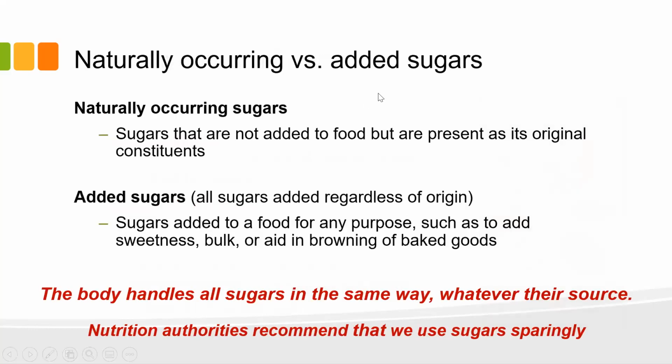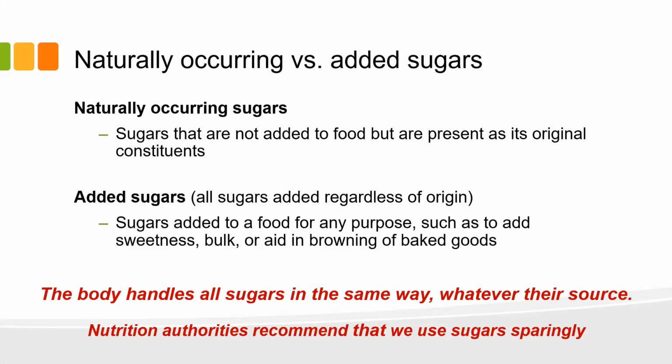Now, one thing, as I've stressed a couple of times, we can talk about naturally occurring sugars or added sugars, and they're the same thing. If you're eating a fruit and it has sucrose in it, it's the same as the sucrose that could be added. Now, that being said, in terms of the food industry, they do make a distinction between naturally occurring sugars and added sugars, because added sugars have to be included in the ingredients, of course.